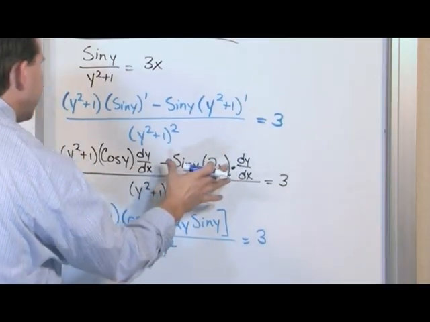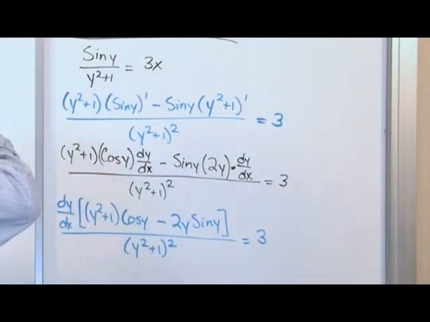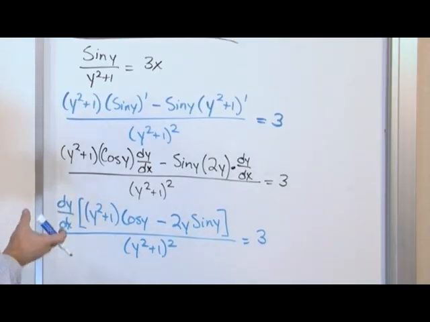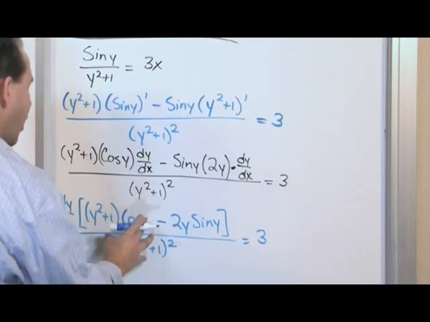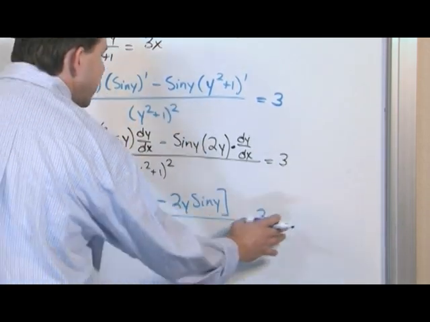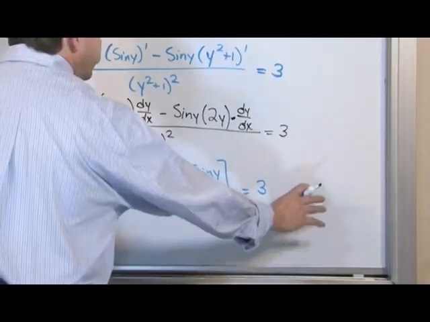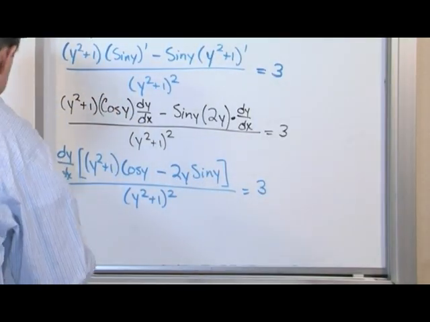We just take the dy/dx and pull it out. Here, if we distribute it back in, we get exactly what we were left with before. The reason we do it this way, factoring it out, is because we want to solve for this. So let's move all of this business over here. We'll do that by multiplying by the denominator to get it over here. It'll cancel on the left. We'll divide the top to get it over there. So what we'll have at the end of the day,